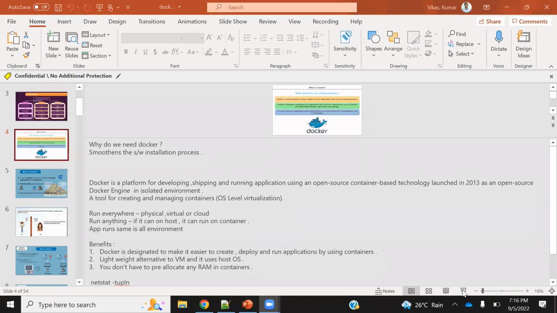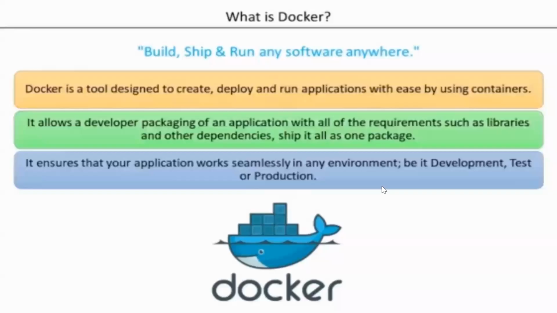So you can see here, it says you can build, ship, run. At the end, when I'm writing a code, I want to execute it. So you can run that code, any software, on any software, anytime, anywhere. So this is going to happen via Docker. Now, the question will be asked is, how is it possible? Like, you are talking any software, anywhere, anytime. How is it possible? Now, this is possible because